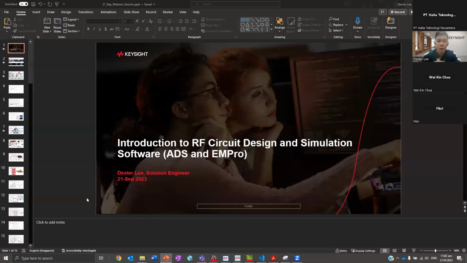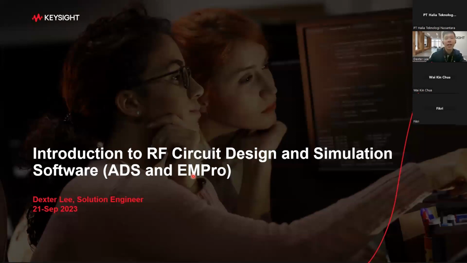Today I'll be introducing the RF circuit design and simulation software that we have in Keysight Technologies, mainly ADS and EM Pro. We'll go through some examples and applications to really understand how ADS, as a circuit design simulation tool, and EM Pro can help you, other than doing circuit design, the